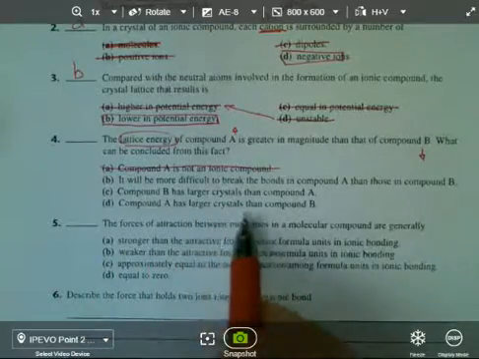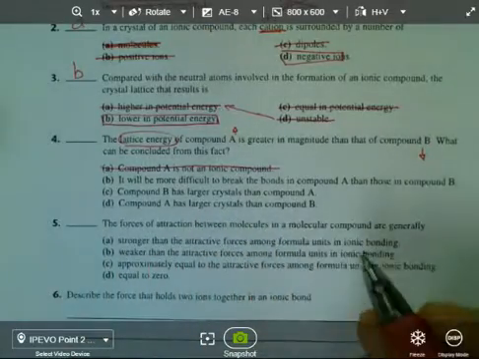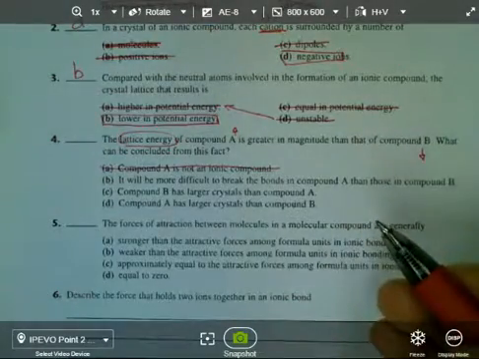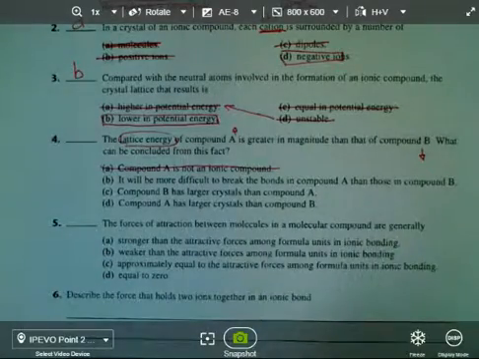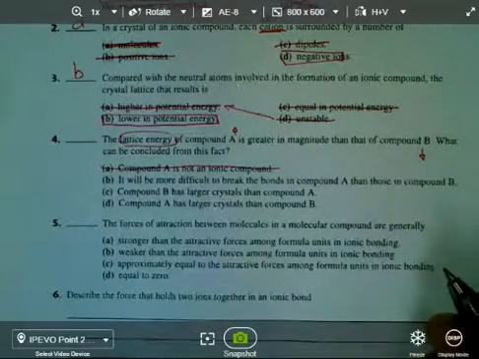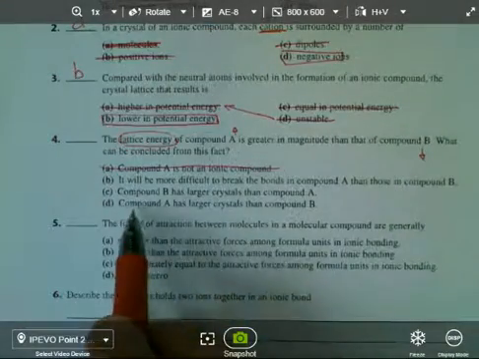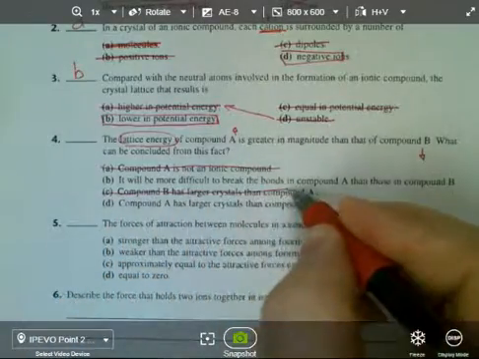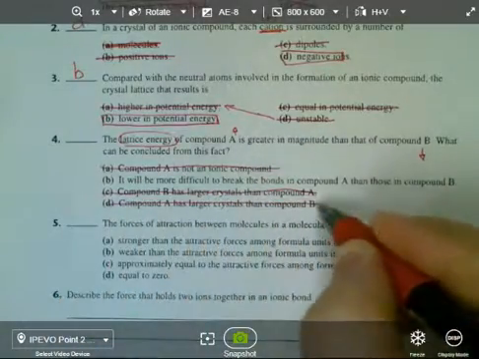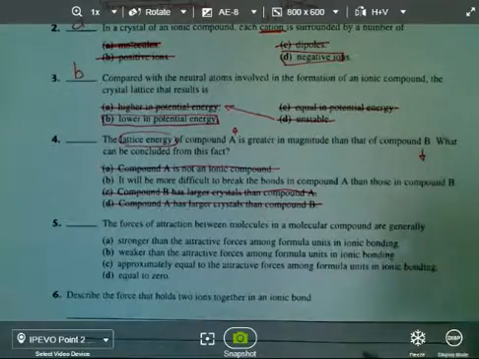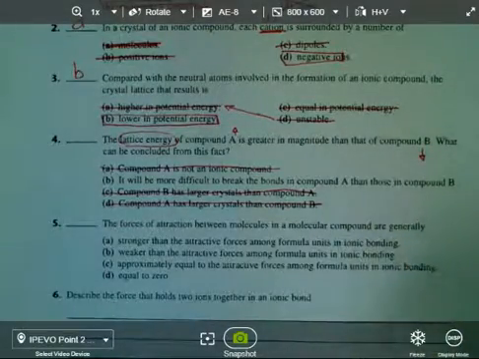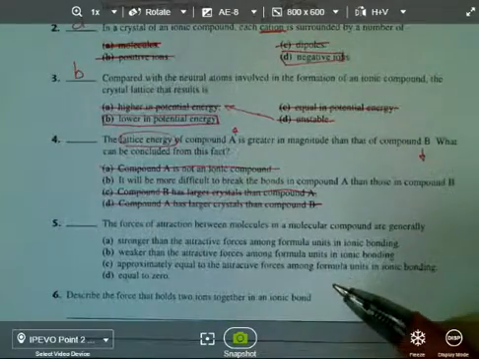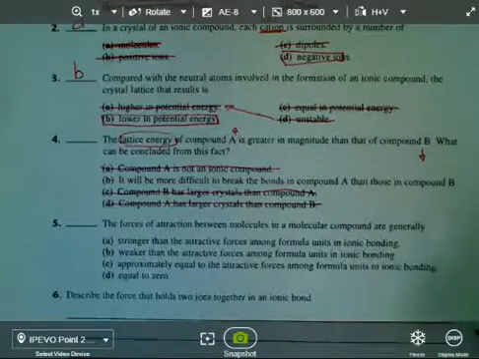Compound A has larger crystals than compound B. That's not necessarily something that we're going to conclude. The size of the crystals has to do with the size of the ions involved in making that crystal. Similarly, compound B has larger crystals. Again, the same way, we're not talking about the size of the crystals. We're talking about lattice energy. We're not talking about an individual bond either. Remember, lattice energy refers to specifically a mole of that substance. So we're breaking a lot of bonds, not just one, like we might talk about with bond energy